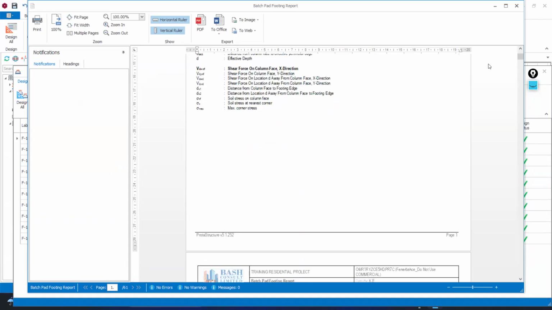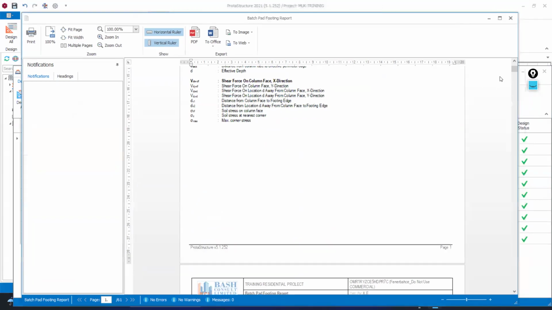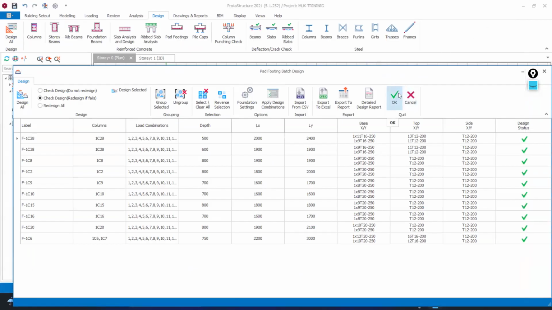Okay, so now this is a report for all the, how many footings? About 10 footings that I have designed. So you can take it to Office and then to Microsoft Word and save it. So if I click OK,